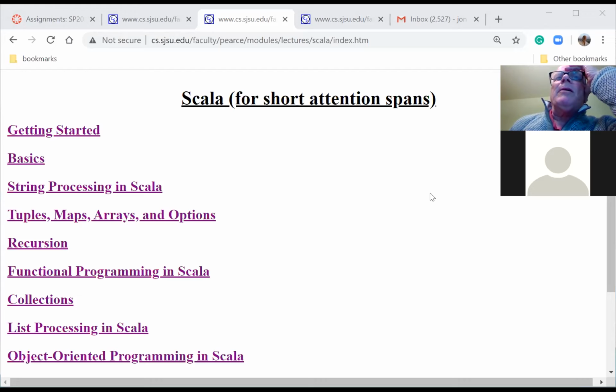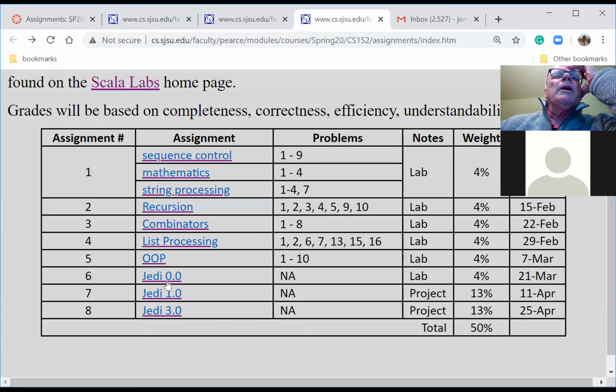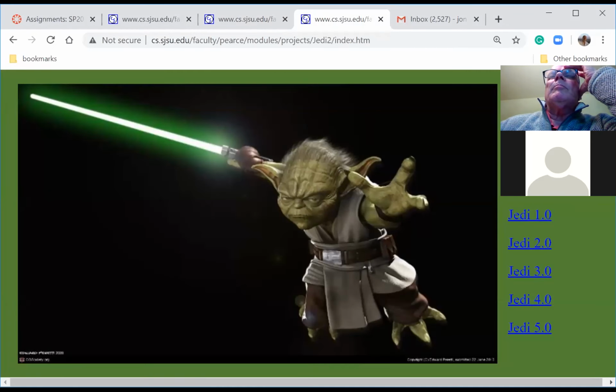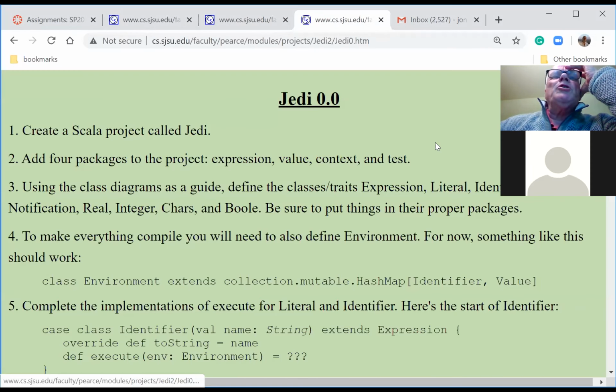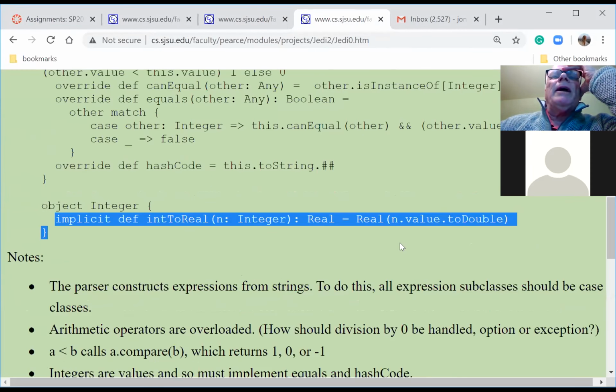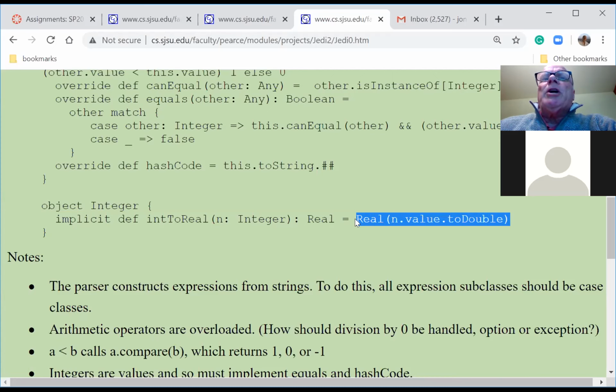And what has to happen there is, do I still have the Jedi code here? The trick for doing that is in this line here. This is a really cool feature of Scala. Basically what this says is if an integer is used in a context where a real was expected, for example, multiplying 3 times 3.0, then we're going to convert the Jedi integer into a Jedi real.